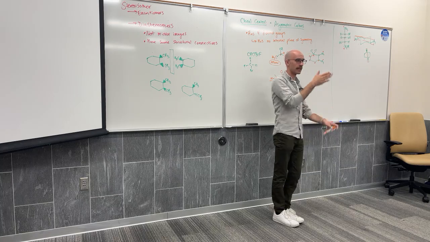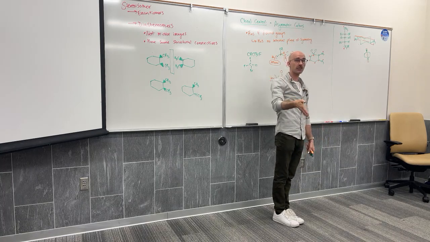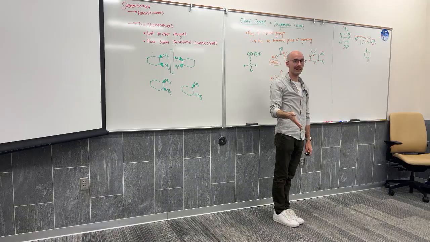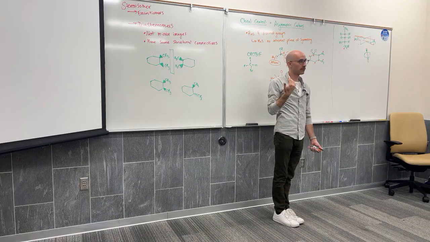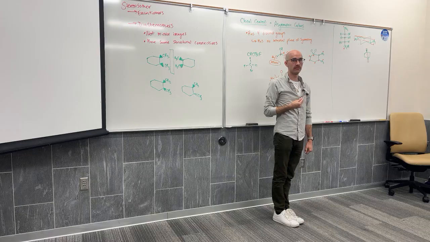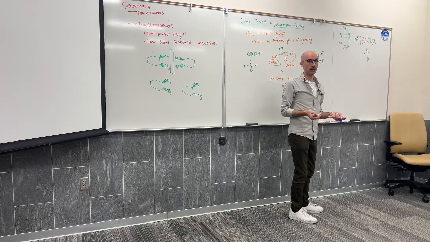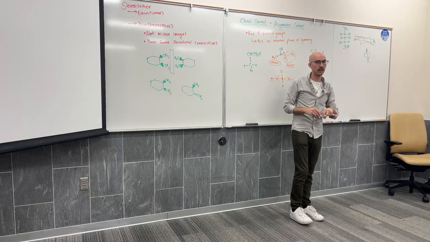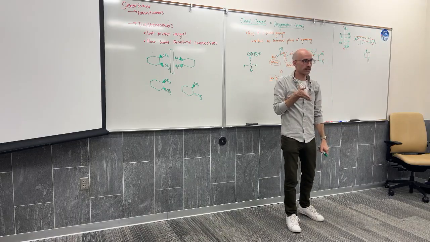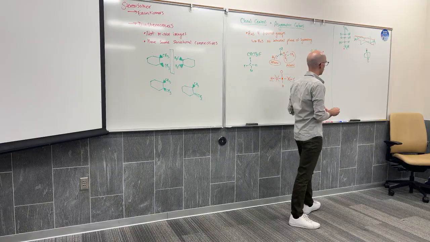I can see that there is a plane of symmetry in that molecule. That plane of symmetry cuts through those two carbons. Those carbons have a plane of symmetry. They cannot be chiral. They must be achiral. In fact, we can do that with pretty much any chair conformation or any top-down view of a ring. If you can draw a plane of symmetry through some things, then they are not chiral.